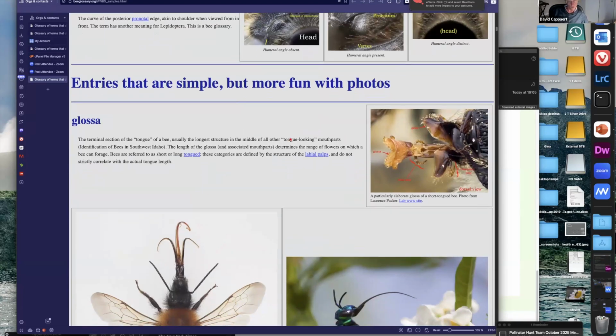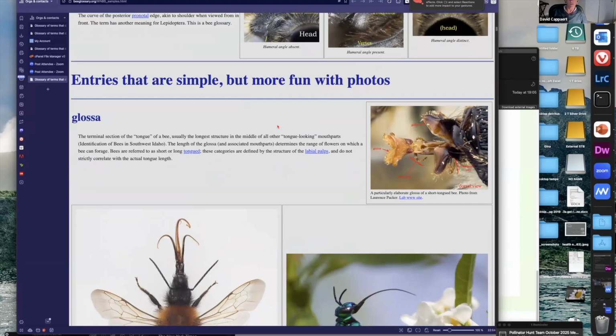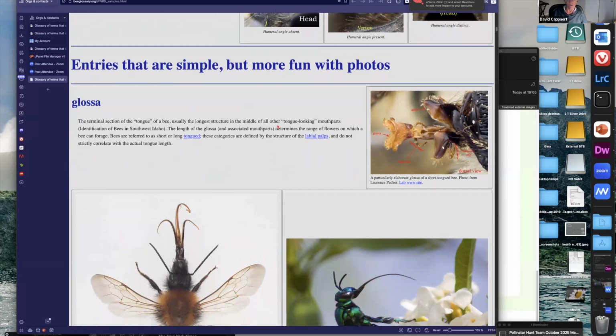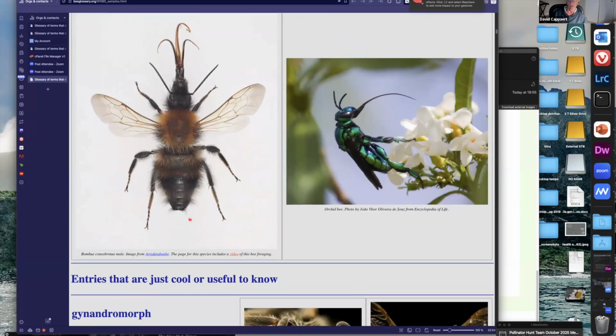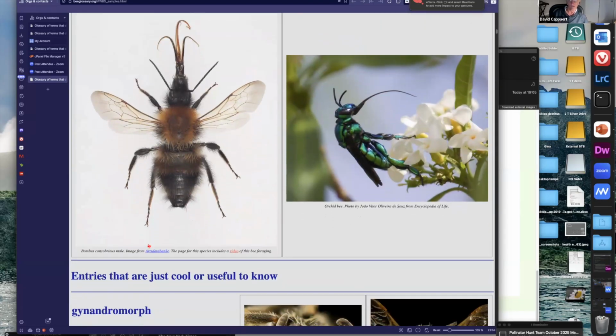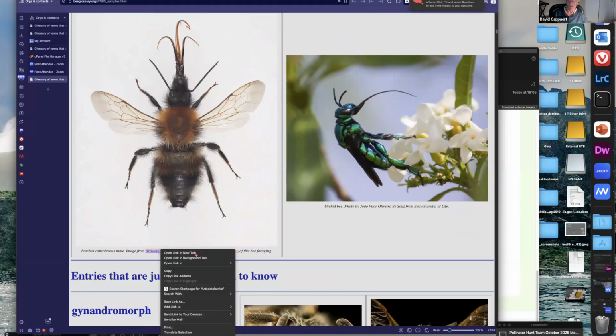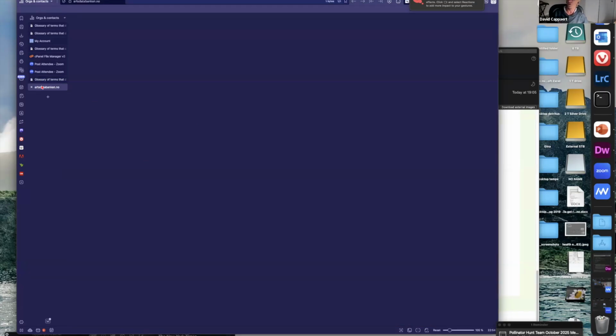And then I have some entries that are simple, but more fun if you can put photos in. So these are the indulgent photos. I mean, I can define glossa in a word, but it's kind of fun to see what it looks like on some real bees and how different it can look. And then when you're putting something together like this, you're lucky sometimes that you find something that's worth making a